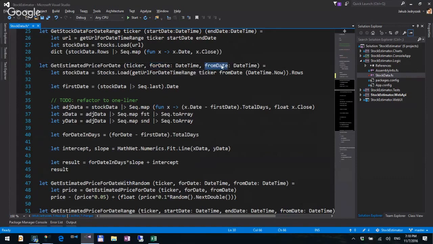From date is how far do you want me to look back? Because depending on how far you look back, you might get different results, which I will show you soon. So here I'm getting this data, and I'm adjusting the data a little bit. I'm converting all my dates to 0, 1, 2, 3, because that will be easier for this function here,